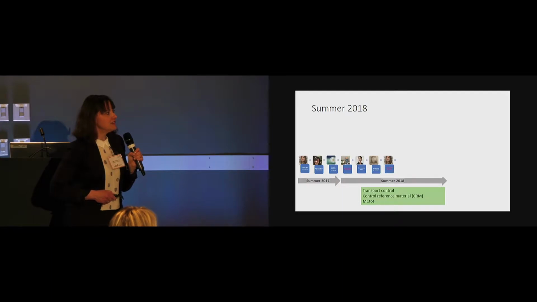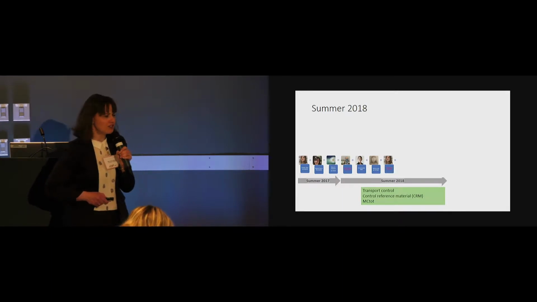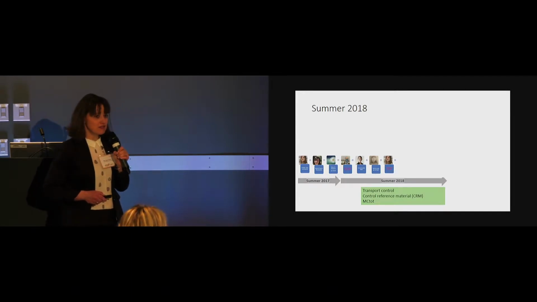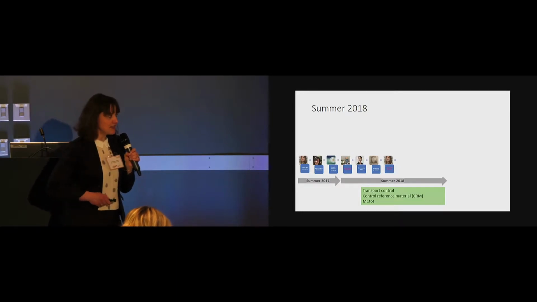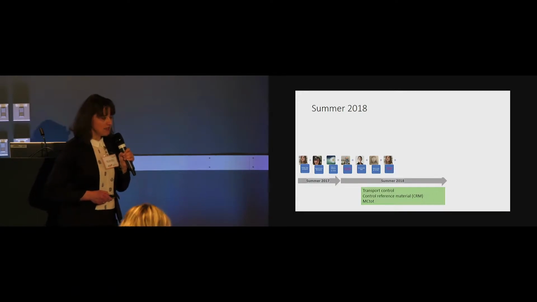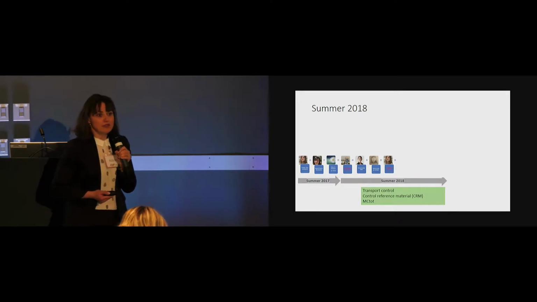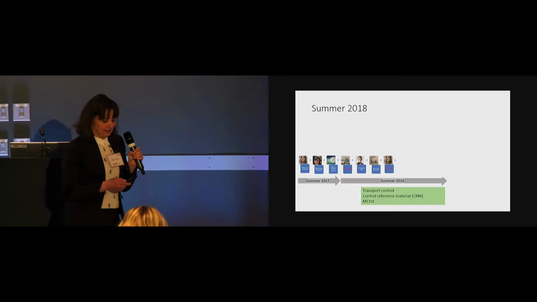And in the meantime, Emmanuel started having problems. The transport control wasn't working. We have a control reference material in the lab which wasn't giving us proper results. Then we stopped everything and ordered new standards. Then we realized that the MC total method wasn't working properly because the percentage of oxidation was quite low. So there was no point in doing analysis. We stopped. And then